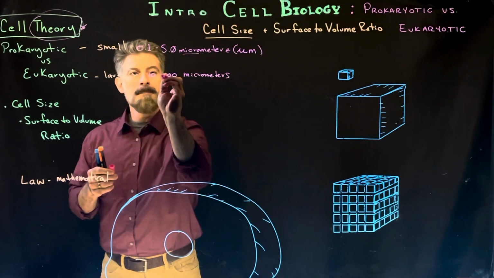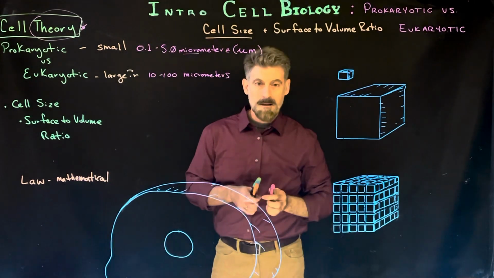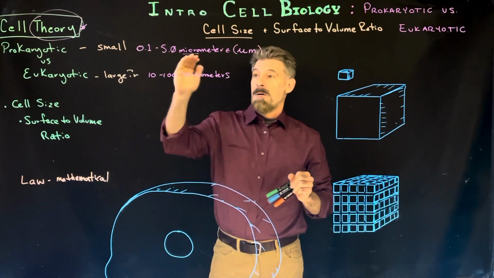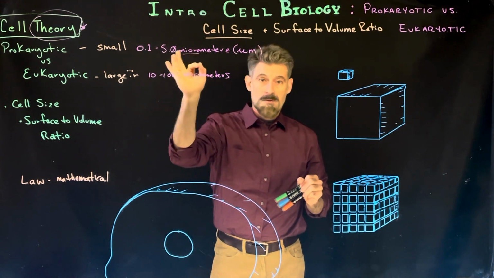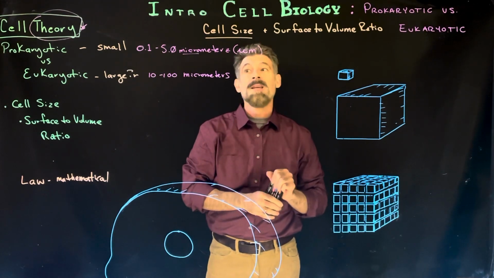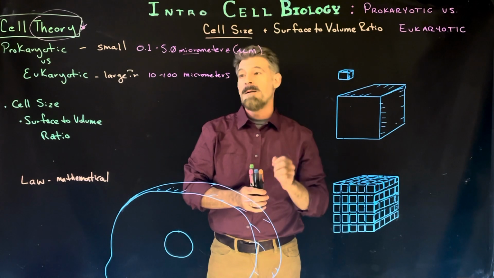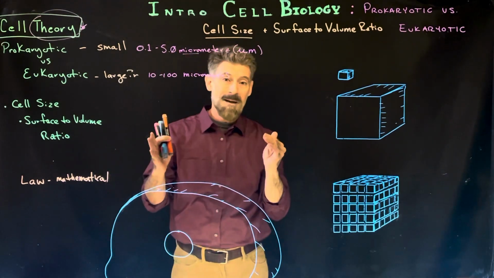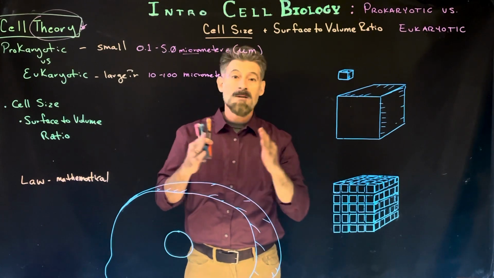So you look this up. This is the kind of generic thing you're going to find. Now, the prokaryotic cells are small. They are smaller than the eukaryotic cells. In addition to that, you want to keep in mind that the eukaryotic cells, in addition to being bigger, also have more of a size range.